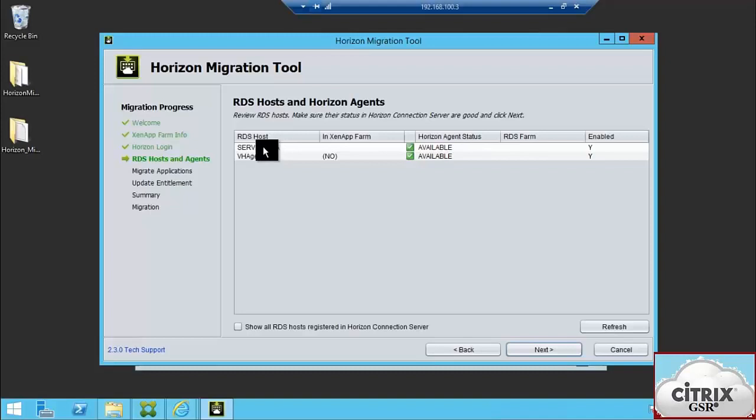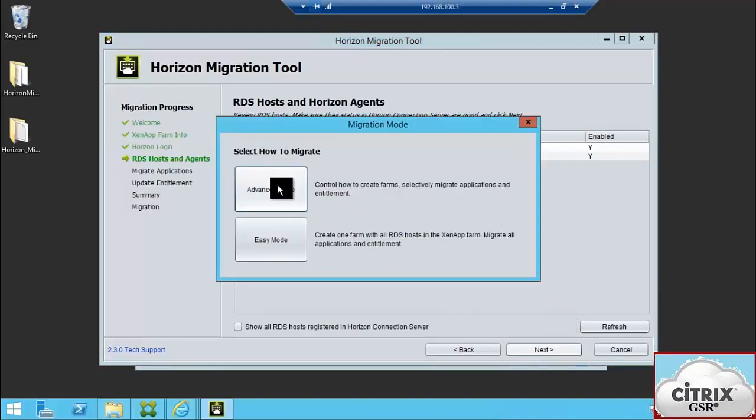I have registered them. If you want, you can use the existing Citrix Virtual Desktop Agent server in Horizon View, or else you can use a new one. I have installed the View Agent on an existing Virtual Desktop Agent, so I'm going to use this server as a View Agent here.